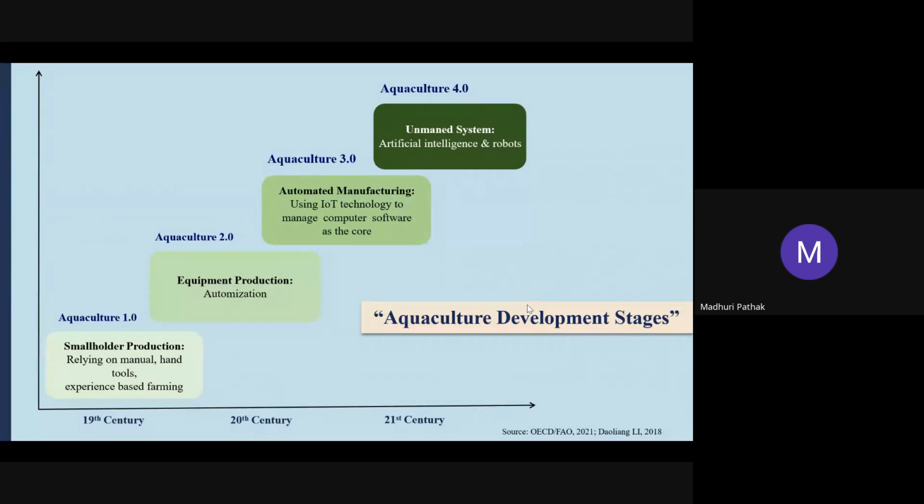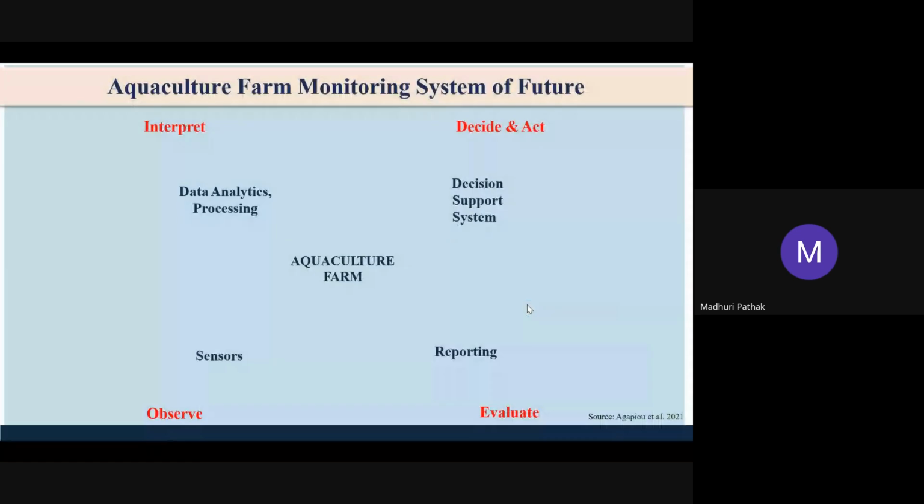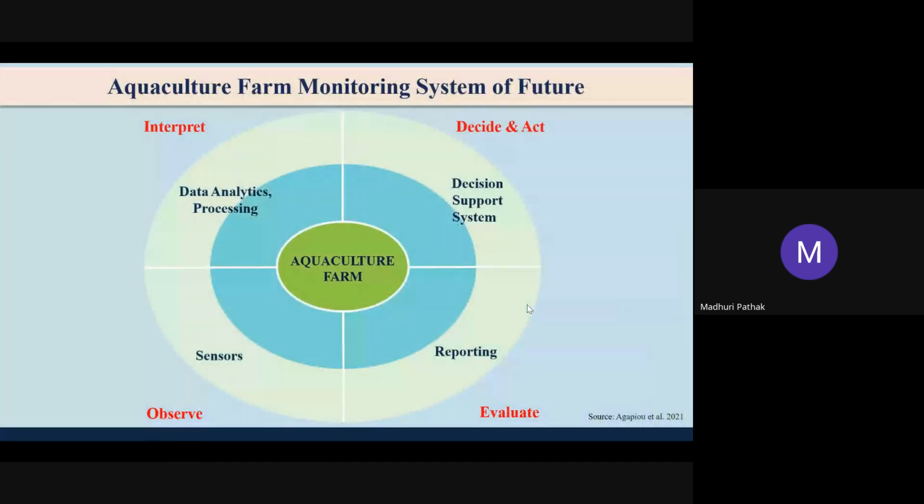Then moving ahead, we went for equipment production like automation, where aeration also started from the aerators, then automated manufacturing using IoT technology with computer software as the core, and then unmanned systems where artificial intelligence is there. So if I want to give an example, if an aquaculture farm is there and your ponds are there, to evaluate what is happening inside the water quality,